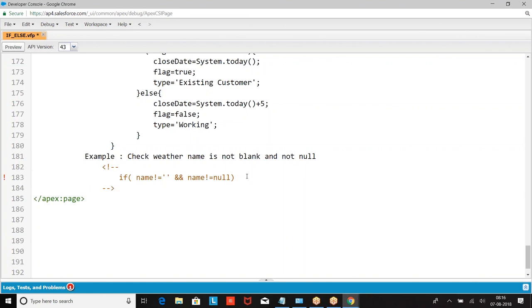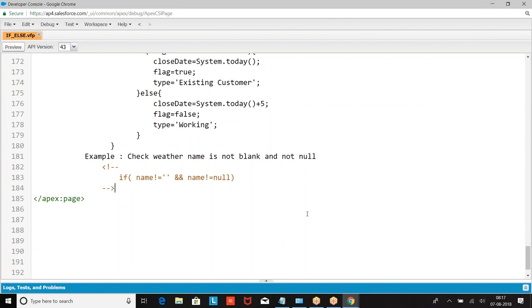I hope you are good. Am I clear with this? I hope everyone is good with writing the if else conditions. It is not a program. We are only writing logic. This will not run separately. We need to include this in a class, then only it is going to run. This is only logic writing. I hope everyone is comfortable with this. Clear?